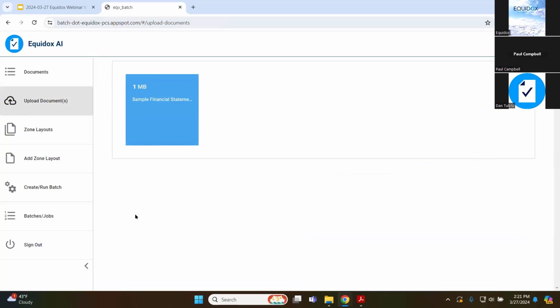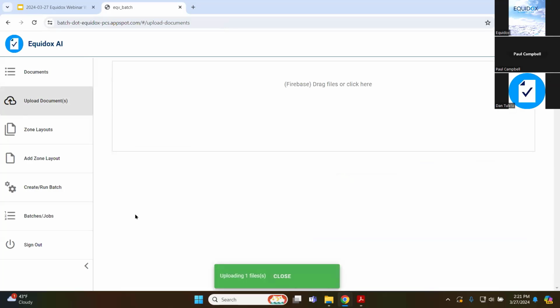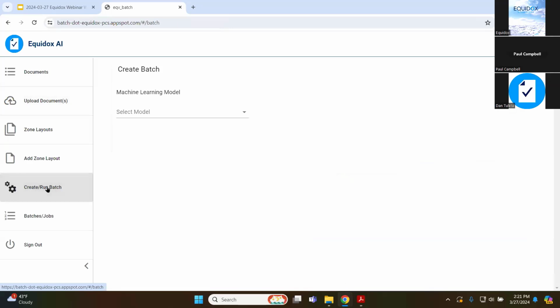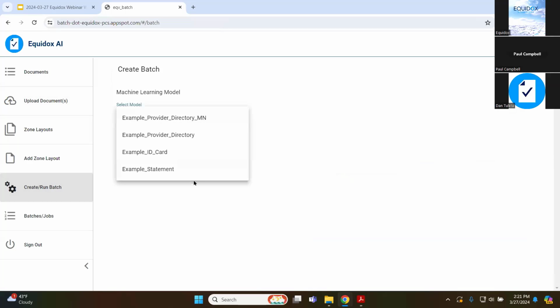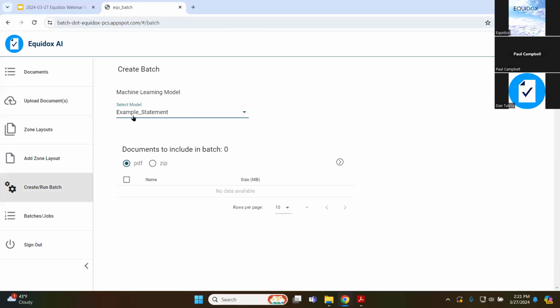Once it uploads, it's going to be available to have the AI models applied to those various documents. So if I now go to the Create and Run Batch tab, I have a drop-down menu to select. I have some different models that are preloaded into my own little private demo account. One of the models is called Example Statement, so we're going to use this model to apply to those documents.